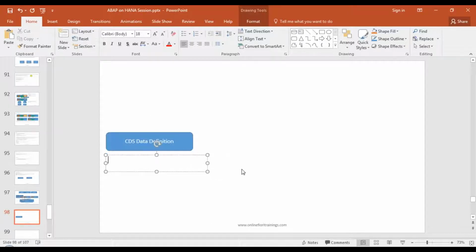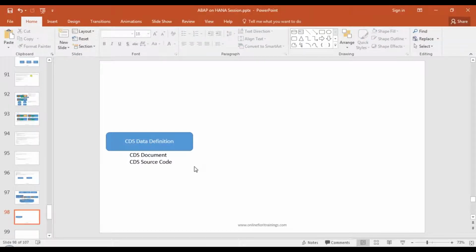This is also known as a CDS document, and people will also call it CDS source code. Whenever you create your first CDS document, CDS data definition, or CDS source, on activation it will create two things. First, it creates a CDS entity. Second, it creates a CDS SQL view.